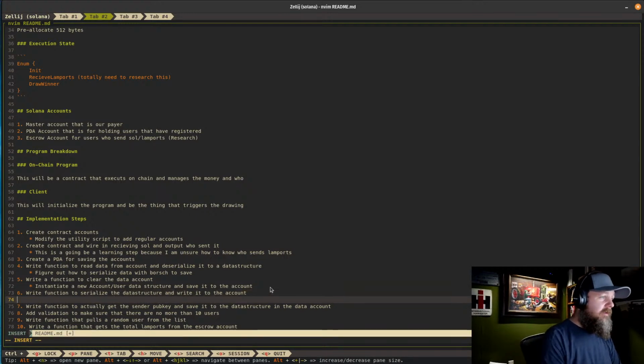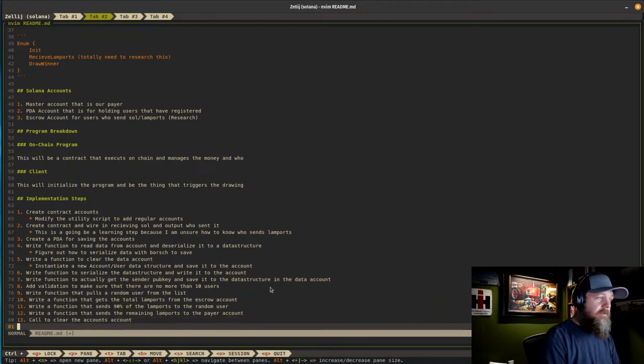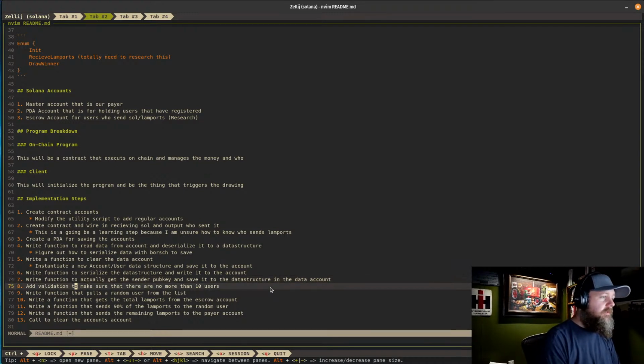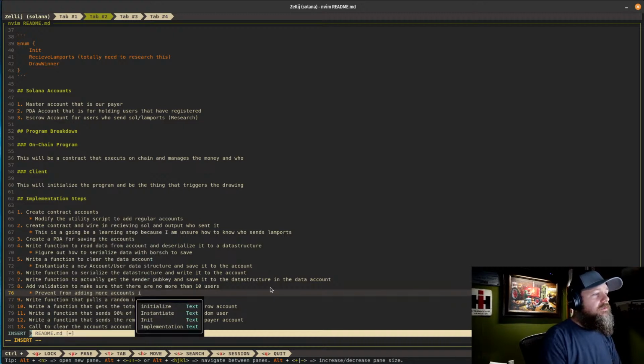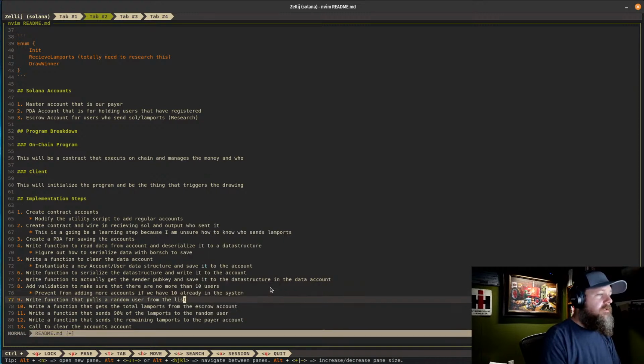All right. Write a function to serialize the data structure. I mean, once we know how to do the serialize, I think again it's not going to be really hard. We know how to do that with a code example-ish. Add validation. Let's prevent from adding more accounts if we have 10 already in the system. Write a function that pulls a random